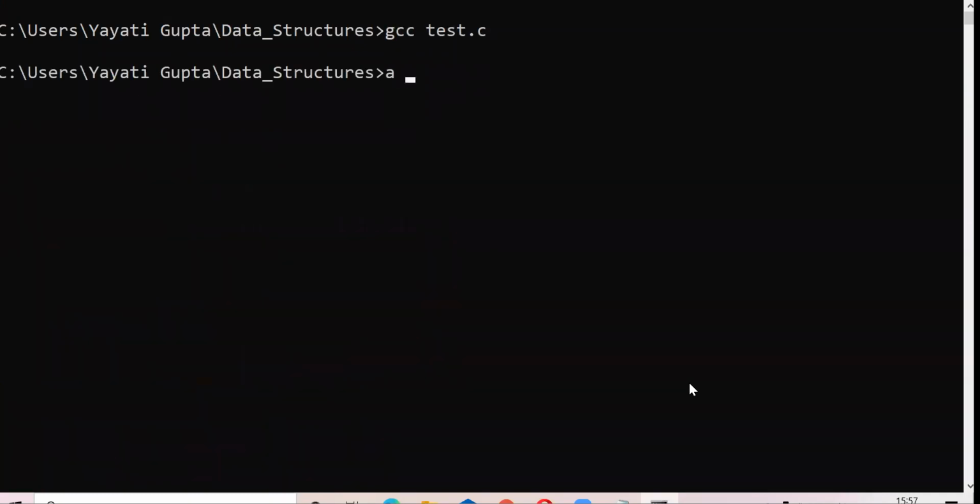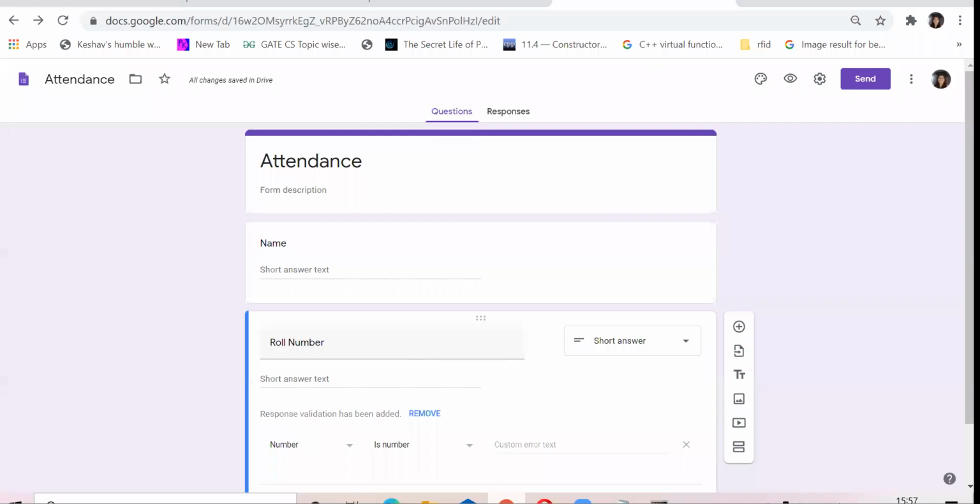Okay. So let me just execute this code. So you see this whole string here. As of now, it sounds to me like a garbage value, not a pointer type of variable. Just a second.